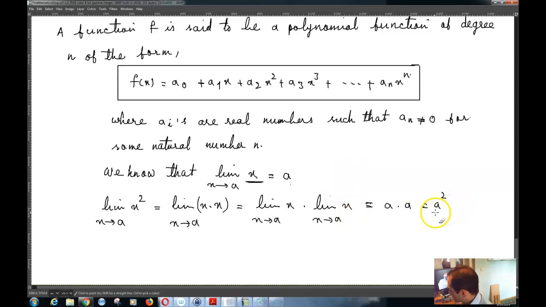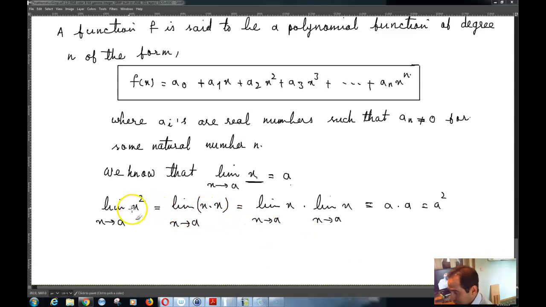And so basically by induction, and hopefully you know what I mean by induction. Induction means that, for example, you see over here,